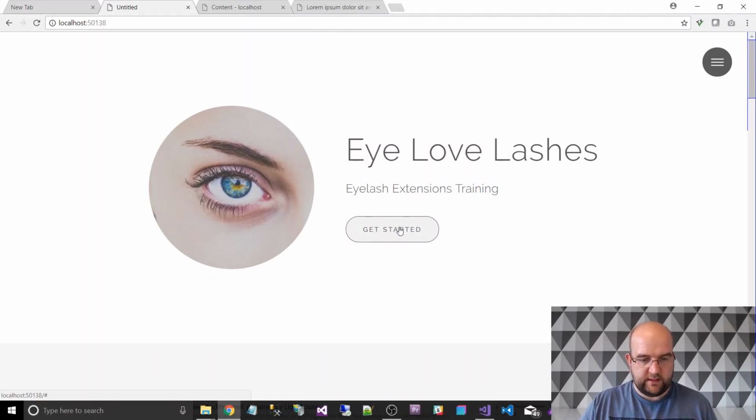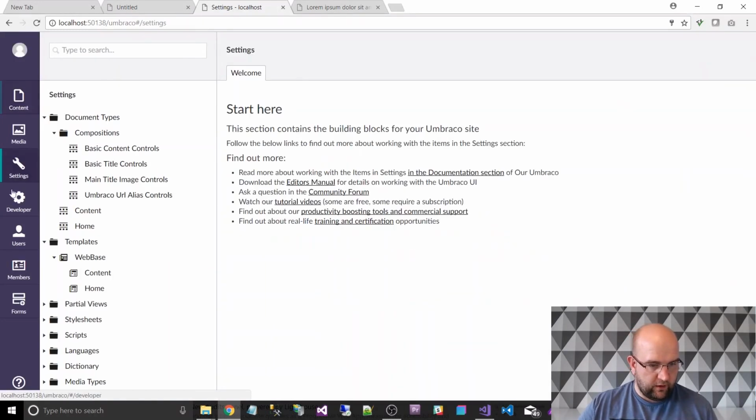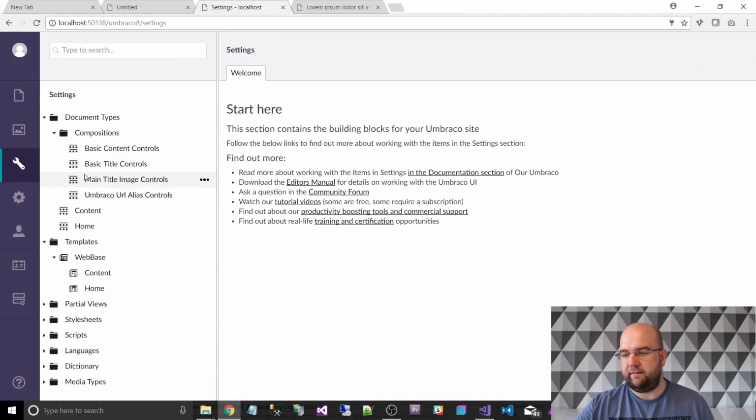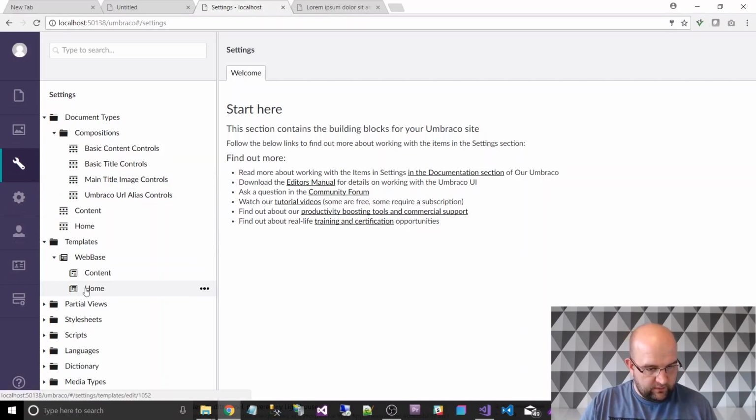So in the latest version of Umbraco, they've changed how they work with related links. So if you've been working with Umbraco before, prior to 7.6, you will have been using the related links property probably. And in this version, it's called related links 2. So if we go into